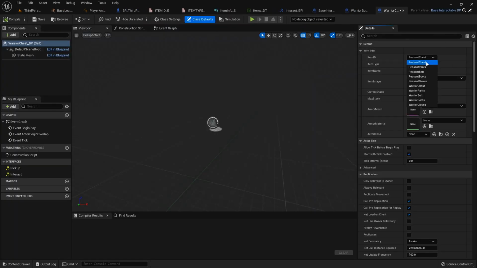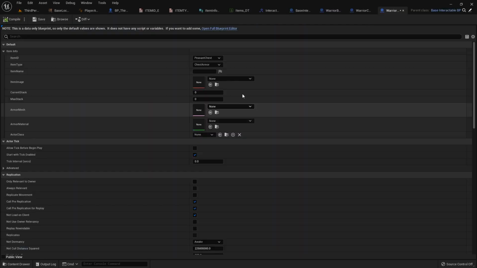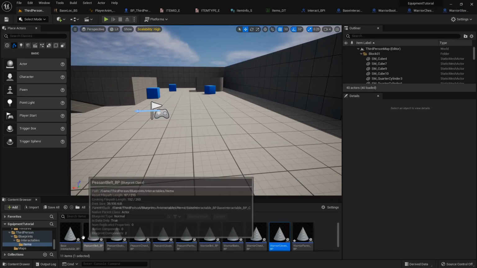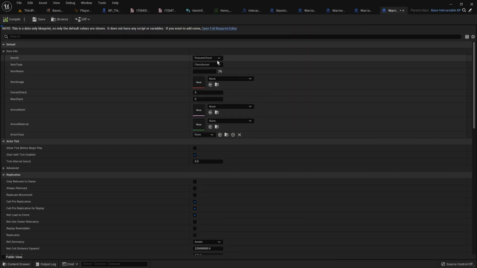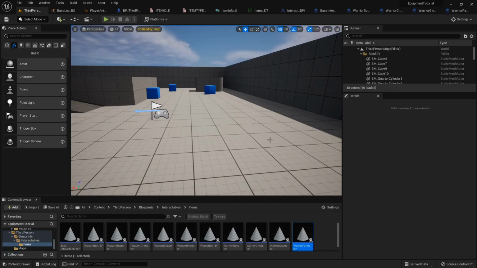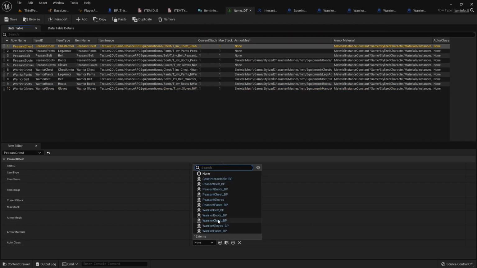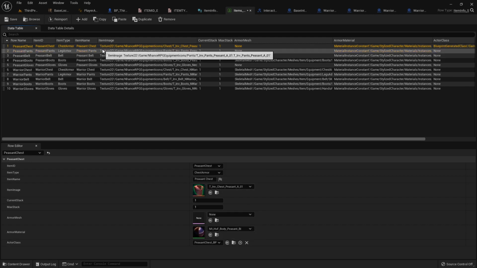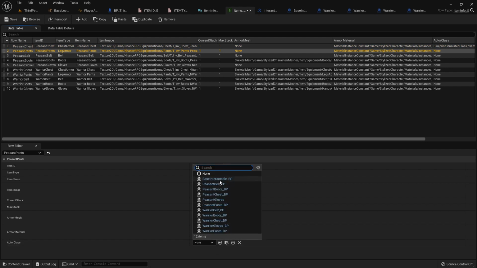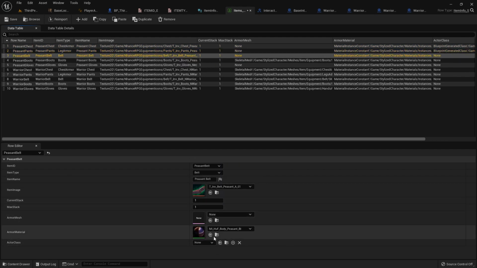Warrior boots, compile, save. Chest. For some reason you open this way. It seems random how it wants to open. I don't get it. Warrior gloves, compile, save. Probably because this is the first one that I did from that. This was pants, warrior pants. Alright, so now that we have all of our items set up, we can go into our data table and apply them. So the peasant chest, the handy thing is it'll just be like this since we did have a base interactable. Peasant chest there, peasant pants here, peasant